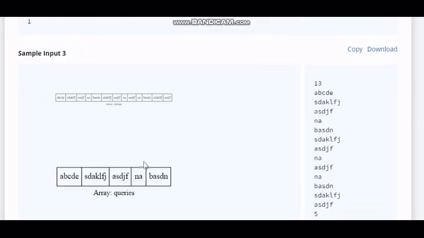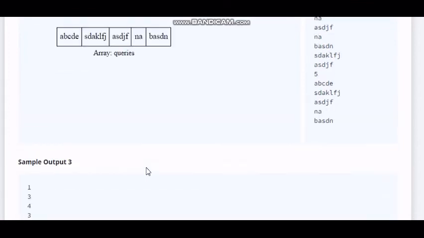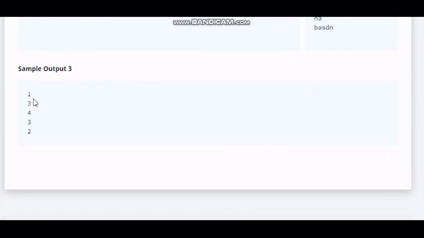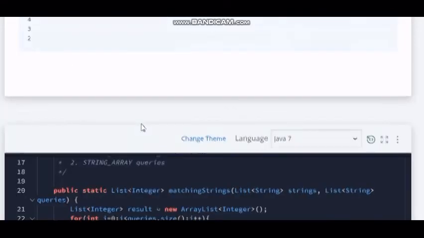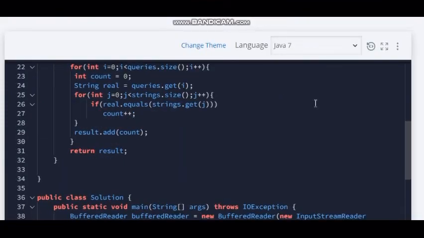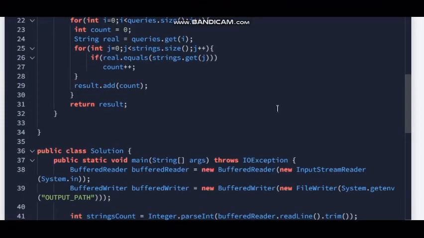Whatever solution we are getting, the solution matches the number of elements in the queries. Here 5 elements, so we got 5 solutions. Hence we are iterating through the queries array first and then the strings array. Similarly here: for int i equals 0, i less than queries.size(), i plus plus.